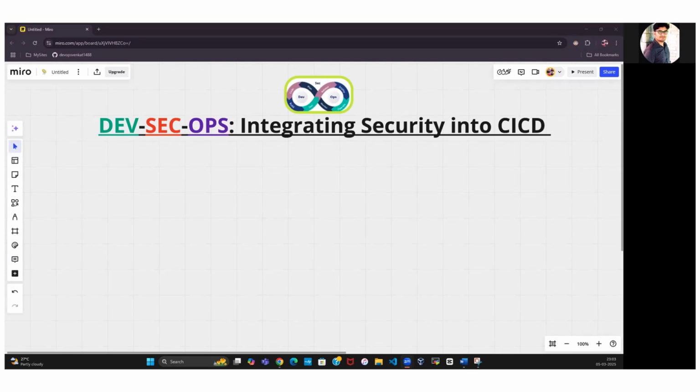So in this video, I'll explain how to integrate security into CI/CD, we'll discuss powerful security tools, and I'll show you a practical workflow example with a diagram. So first, I'm going to talk about what is Dev